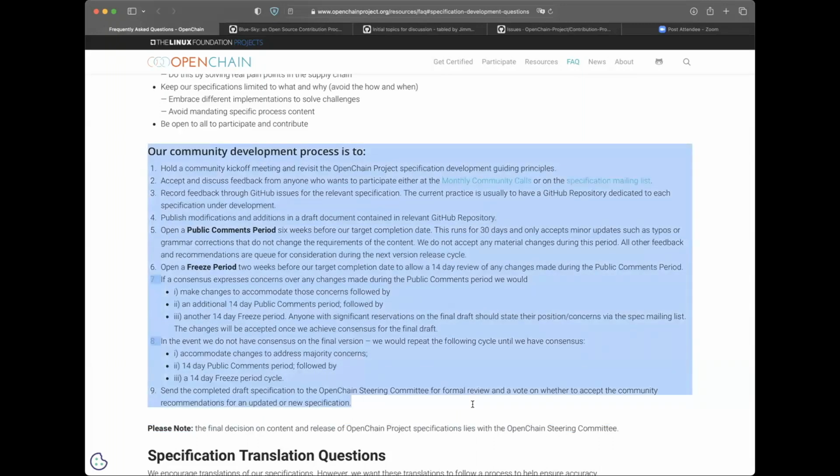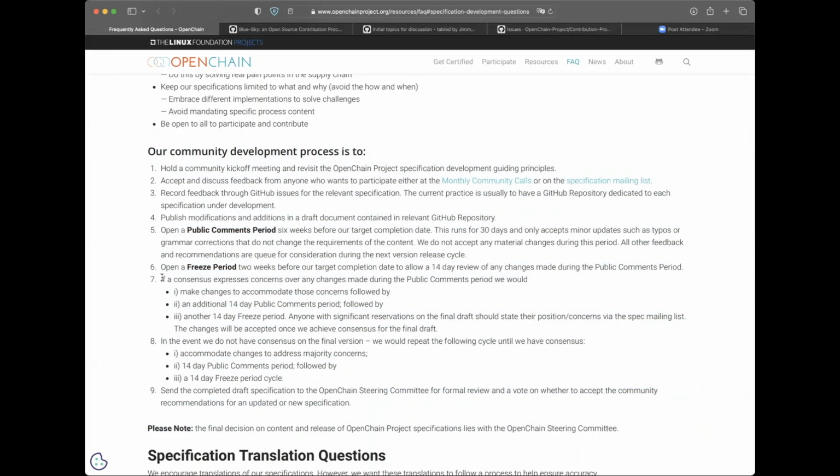So in case you're wondering, why is this development process so rigid? Why does it have freeze periods and then potentially going through comments again, freeze periods? That is to set the parameters for how people can contribute and when they can expect to see major modifications. The next few months, as we get a draft document into GitHub, are when we expect the brainstorming and the majority of development.